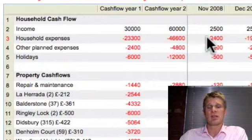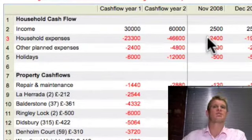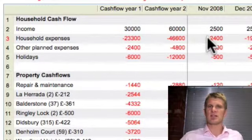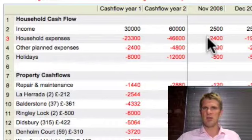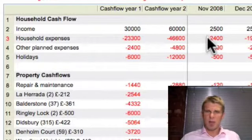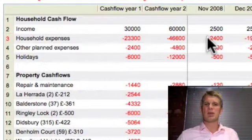Household expenses, this is all your bills added up. You're going out to the movies, the restaurants, etc. And so these figures need to be accurate. If you're not too sure where it's at, what I suggest is that you track your spending for a month. Not necessarily run a budget right down to the nitty-gritty, but just track your spending, see where it's at, and